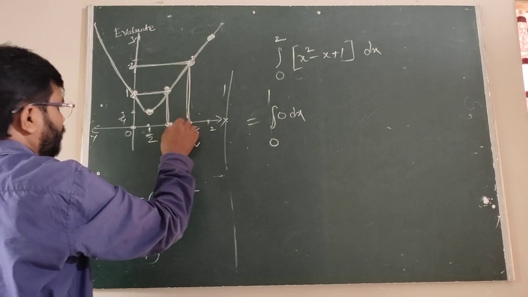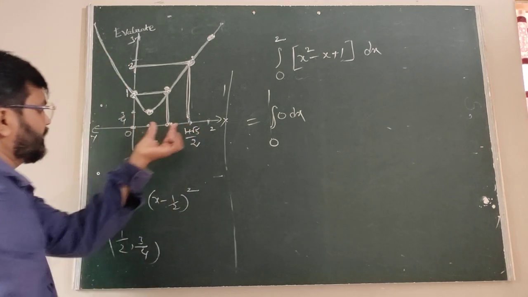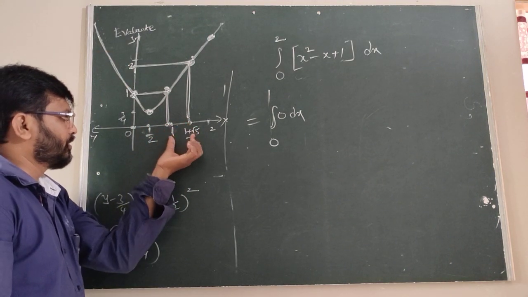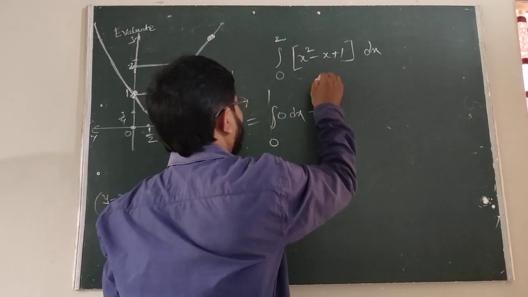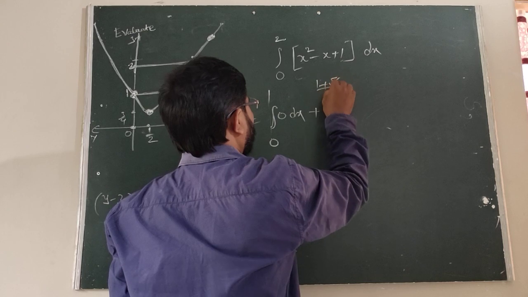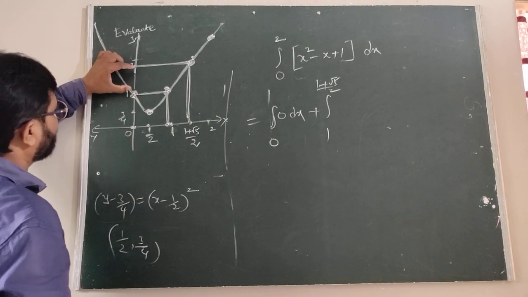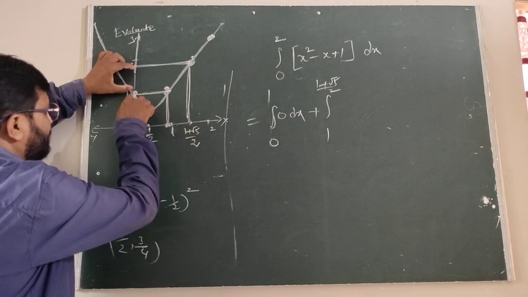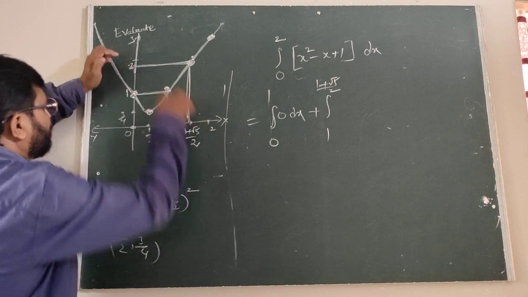This is 1 to 2. Undoubtedly these are all values. When we are taking the x values in between 1 to 1 plus root 5 by 2, undoubtedly these values lie between 1 to 2. Is it clear? When x is exactly 1, and when x is exactly 1 plus root 5 by 2, that is 2.